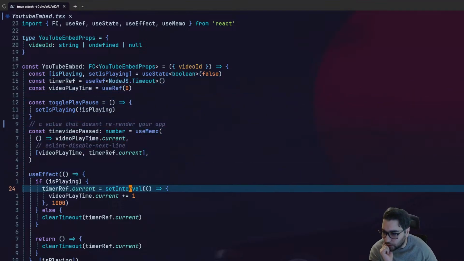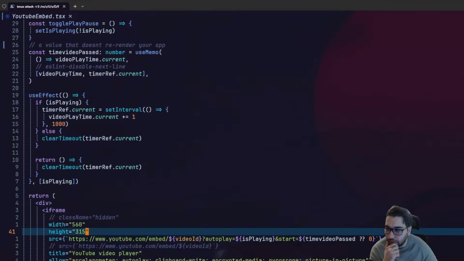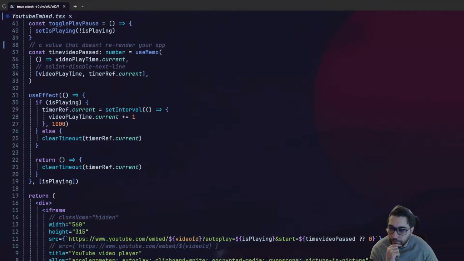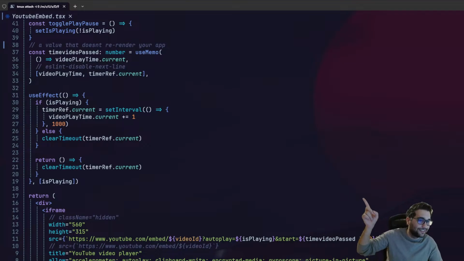So I can explain it more. So let's see how it is. Here it returns an iframe. This iframe over here is actually a YouTube iframe, and I found out that YouTube doesn't let you